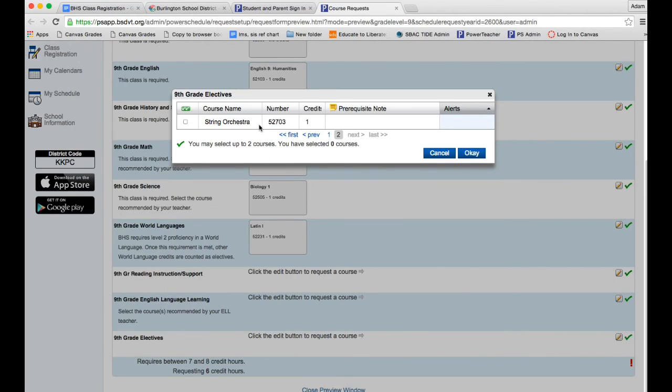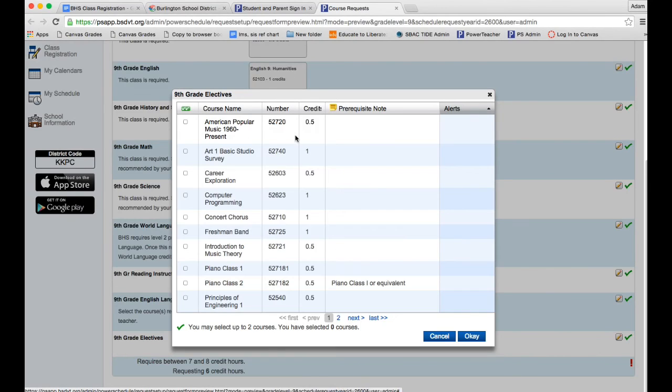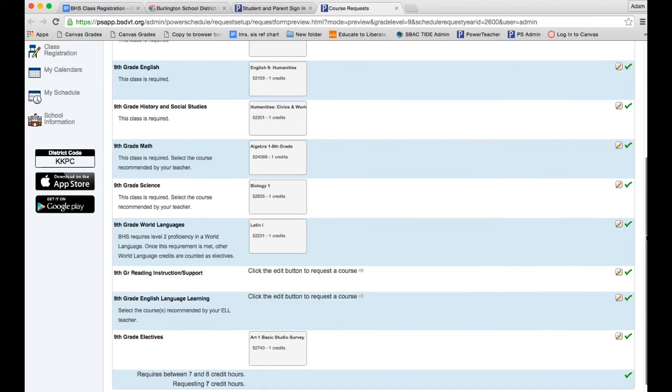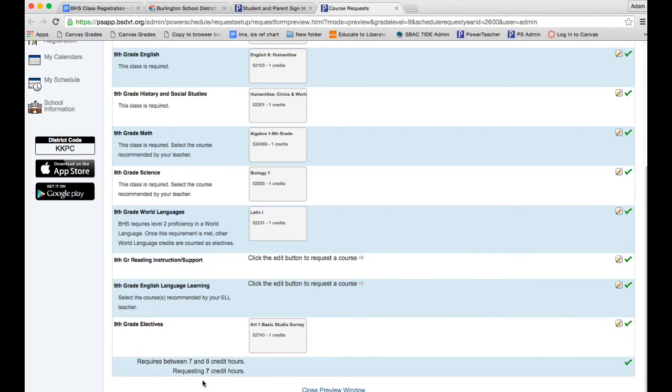You'll notice that's where string orchestra is. So if you're currently playing strings in middle school and want to continue, make sure you go to page 2 so that you can select string orchestra. I'm going to go back to the first page and I'm going to select an art class and say OK. So now you can see at the bottom of my screen, I'm told that I've requested 7